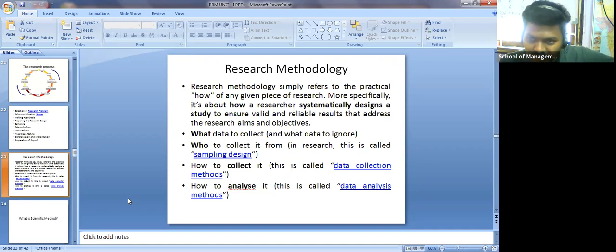Now, before starting your research work, obviously you are going to find one problem, then based on that particular problem you are going to write your objectives. Then, to meet those objectives, you create one systematic process or design. Based on that step-by-step process, you work and give a solution to your problem. Okay, so what is this research methodology? It says more clearly about that. Even I gave an example very recently: what data to collect and what data to ignore.